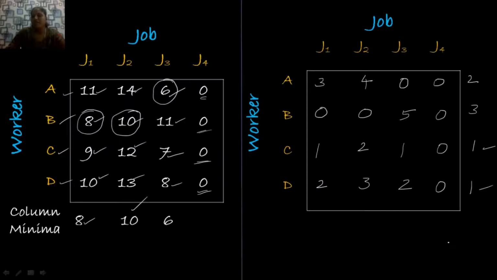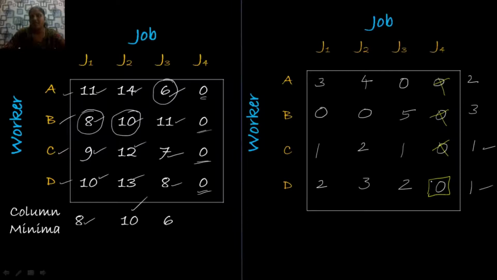Now I am going to make an assignment. Here I have to choose the last row first. For my first assignment, make a square around the 0 element like this, which indicates an assignment is made. After making the assignment, cross the remaining 0 elements in the same row and column.